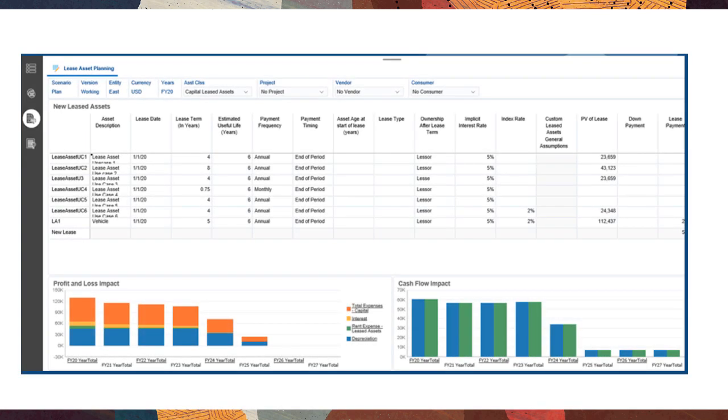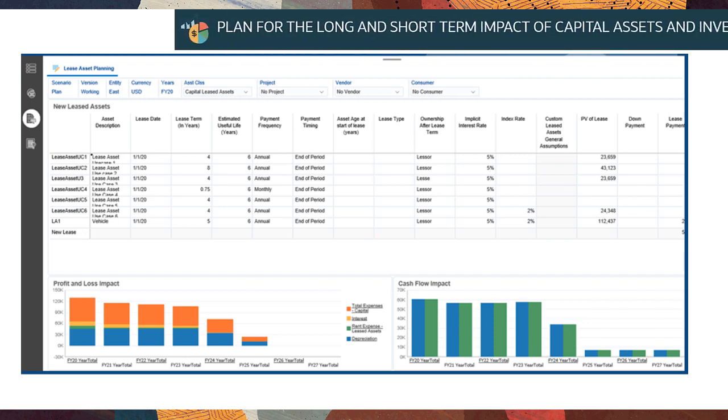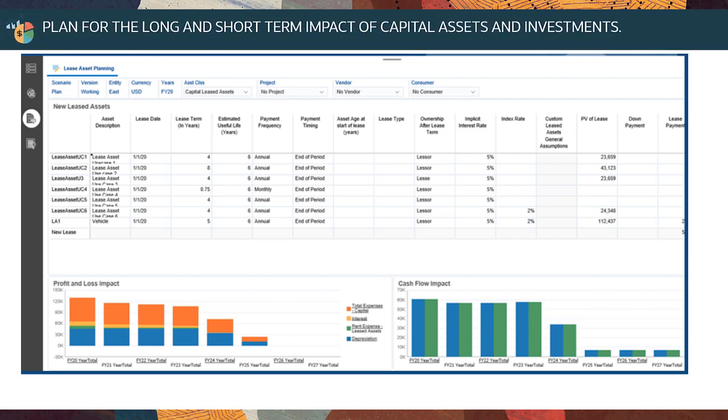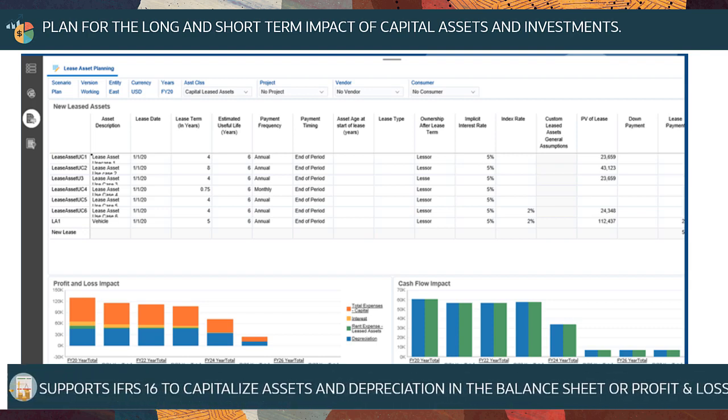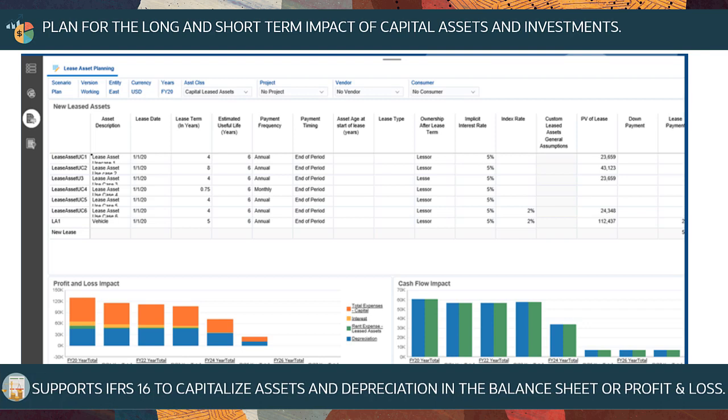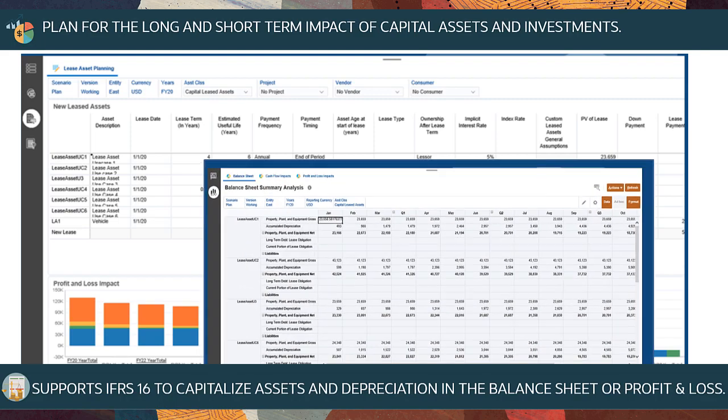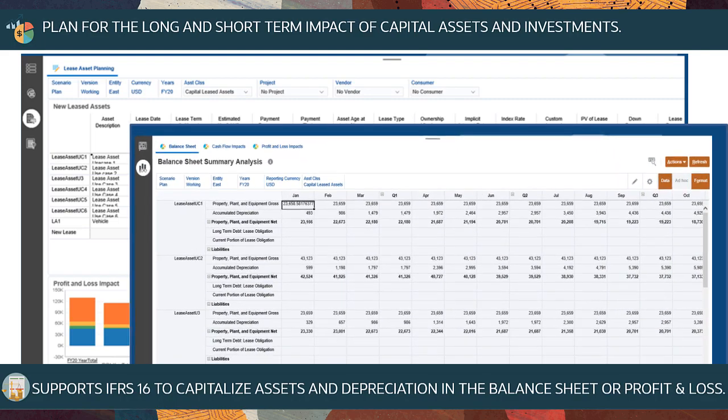With capital planning, you can plan for the short and long-term impact of capital assets, including lease assets, and investments on your financial plans. Capital planning supports International Financial Reporting Standards, IFRS 16, for leased assets, so you can capitalize lease assets and their depreciation, depending on their value, ownership, or tenure, in the balance sheet or in profit and